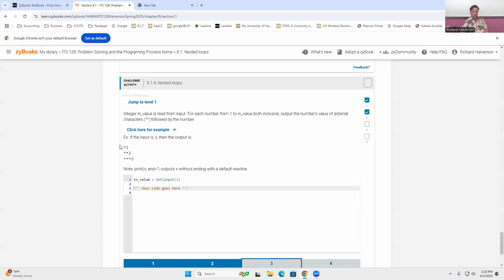So in other words, if it inputs 3, I want to do 1, 2, and 3. Okay, so I input in value, and then I go